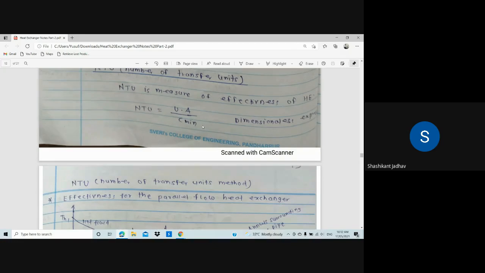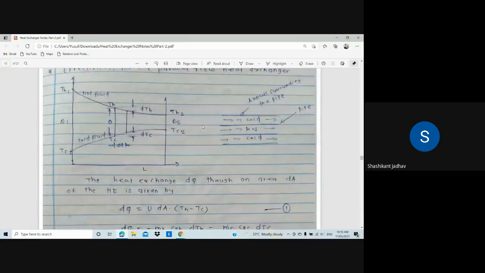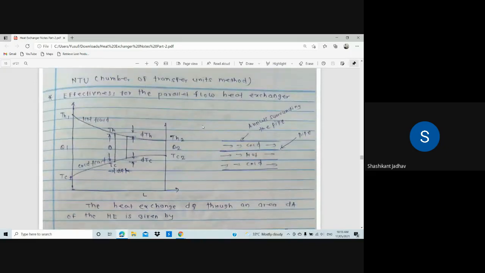That is U into A divided by C minimum. By using that equation, we have to calculate the value of NTU. After that, we have derived the equation for the effectiveness for the parallel flow heat exchanger. So for that, we considered one small element, and we have written the equation for the dq for that